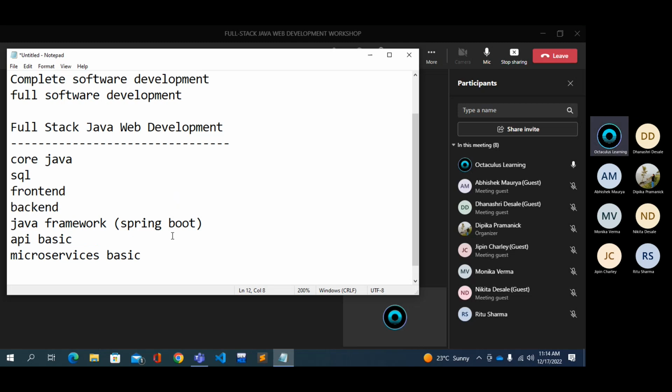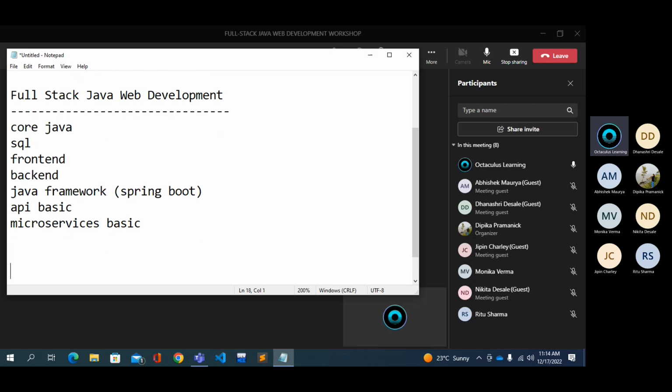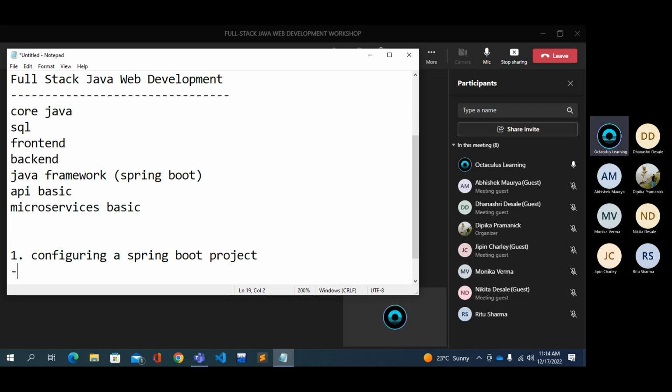How do we configure a complete project? This is the first thing. The first thing is configuring a Spring Boot project. So for this topic, configuring a Spring Boot project,